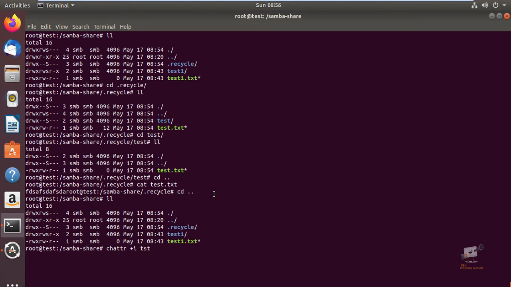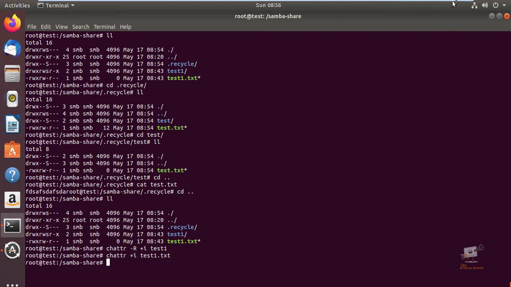I'm going to give it for test1. You can use the -R option. I'm going to give enter. Chattr +i test1.txt and give enter. Now these two files cannot be removed.